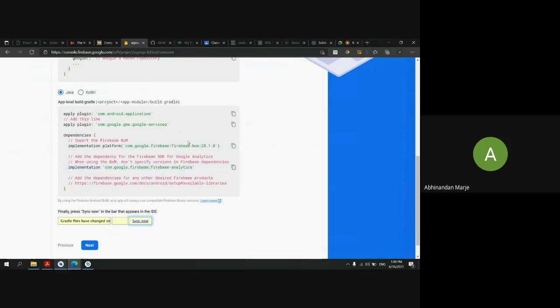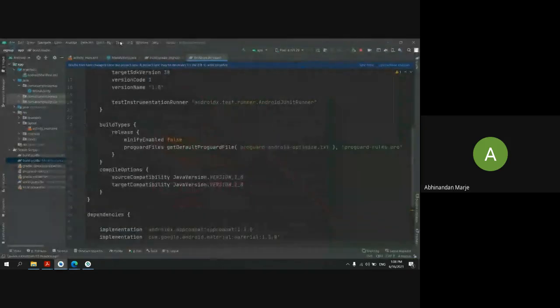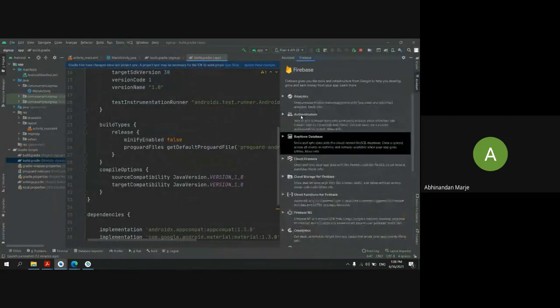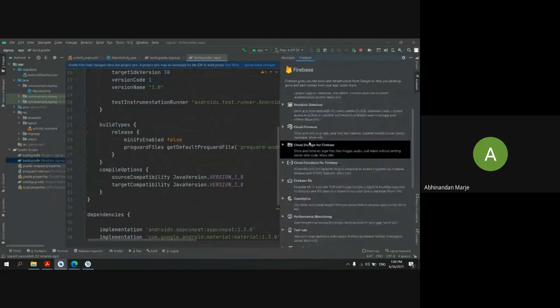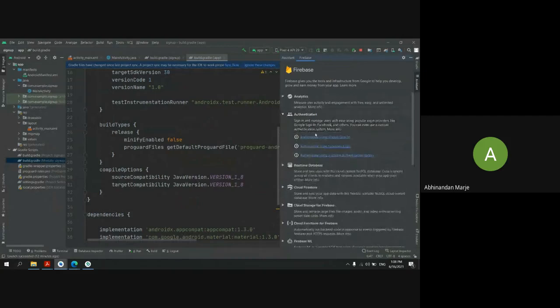Now why they included the BoM is, whenever you wanted to add some Firebase dependency, let me show you one demo. When you go back in your tools, you can see the Firebase option, click on it, let it load. You can see there are other Firebase options like analytics, authentication, real-time database, Cloud Firestore database.